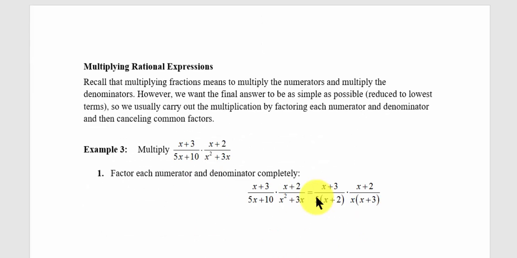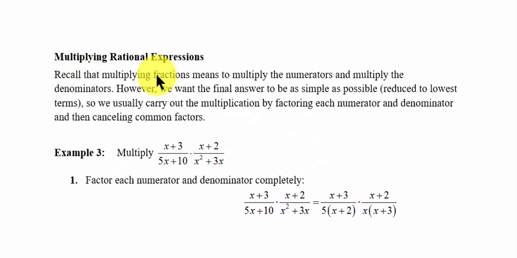The next topic in 5.3 is multiplying rational expressions. Okay, so if you look at example 3, we have x plus 3 over 5x plus 10 times x plus 2 over x squared plus 3x. How do we multiply this? Well, just like we did in the last video, you want to start by factoring the numerator and the denominator